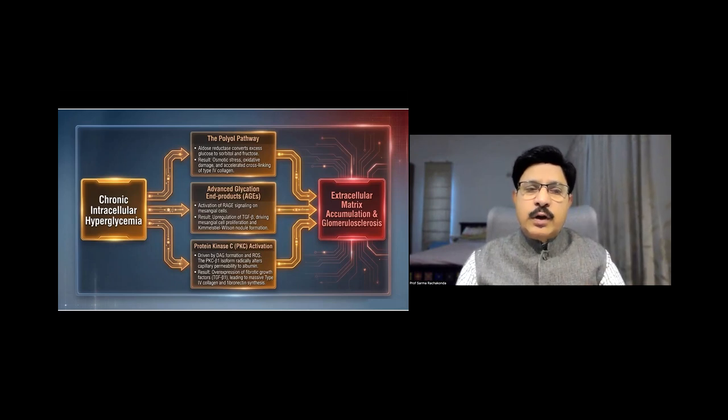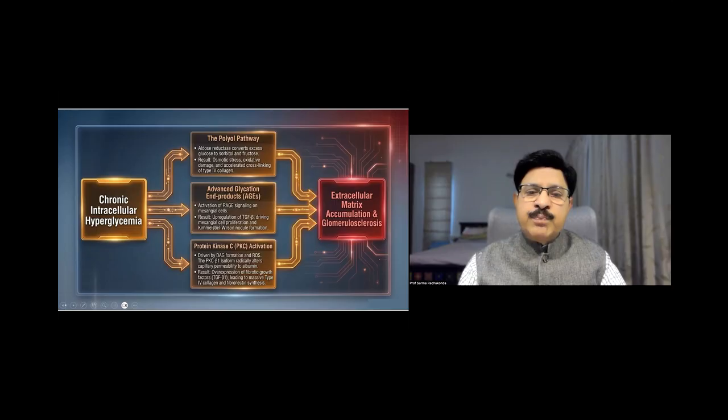And the intracellular glucose is now taking other routes than glycolysis. Polyol pathway: aldose reductase converts excess glucose into sorbitol and fructose. There will be osmotic stress, oxidative damage, accelerated cross-linking of type 4 collagen, which further damages the glomerular architecture. Second, advanced glycation end products. Because of the reactive oxygen species, there is upregulation of TGF-beta,